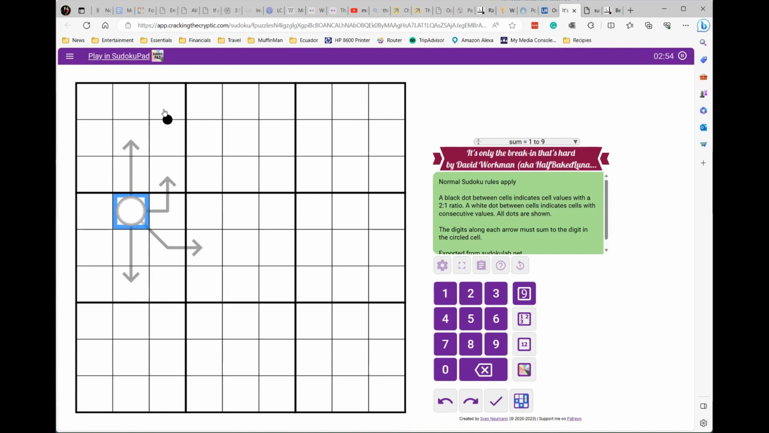A couple of things about Kropke dots. With the black dot, again, this is numbers that are in a 2-to-1 ratio. So those can either be 1, 2, 2, 4, 4, 8, or 3, 6. So those are the only 4 combinations of numbers that can go in those two cells. So typically, if you want to go ahead and just fill in all the candidates that are potentially there, you can do that. I'm going to clear that for now because I'm going to start with the logic behind the